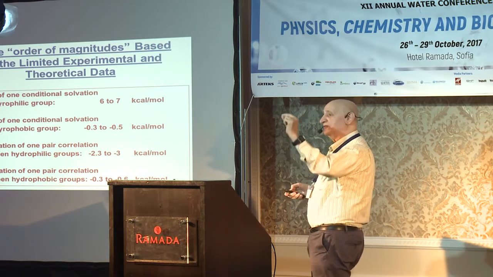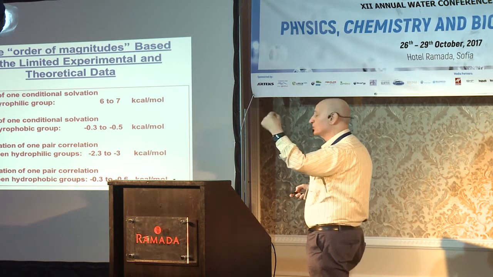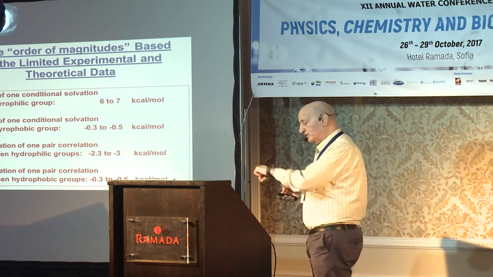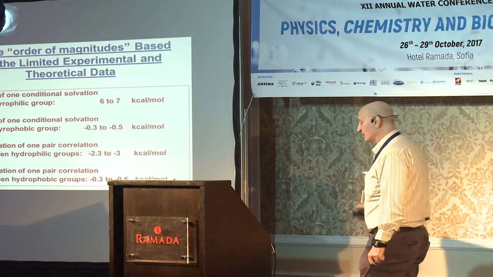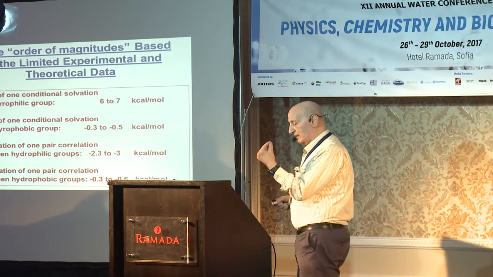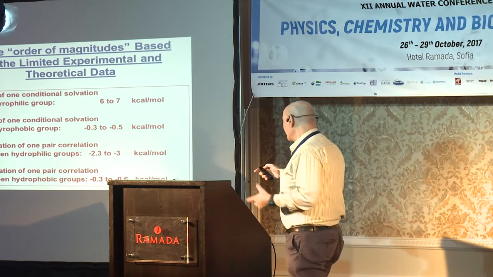On the other hand, if you remove a methyl group or a hydrophobic group from water into the interior of the protein, the change is negative. The loss of the solvation in water, of course, of the hydrophobic group is about minus